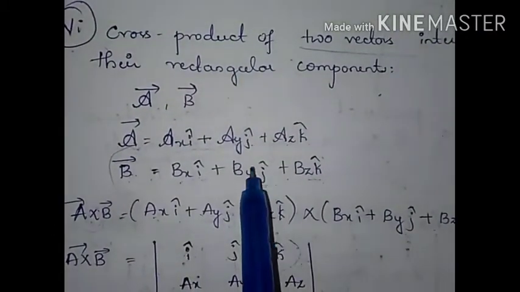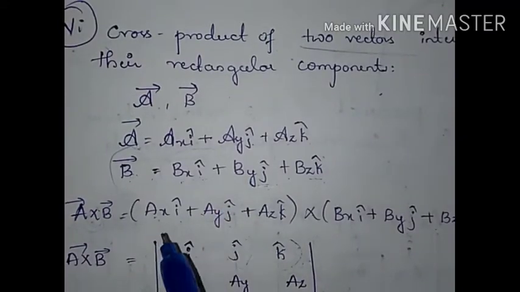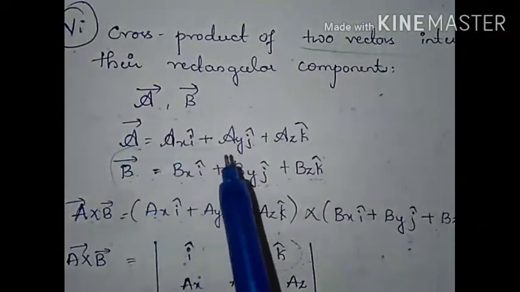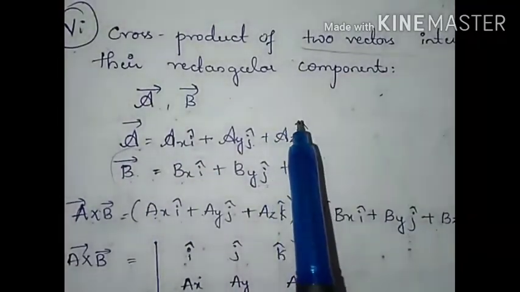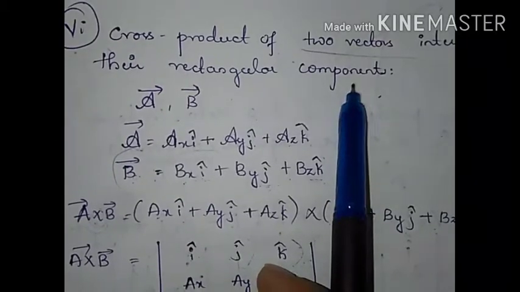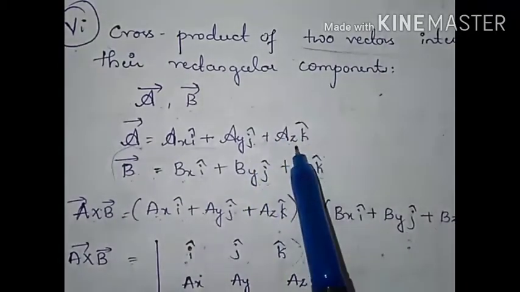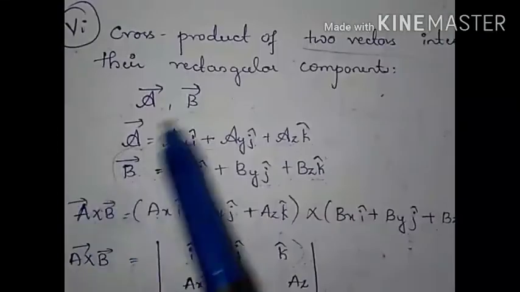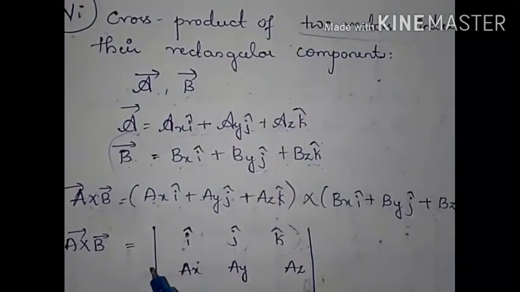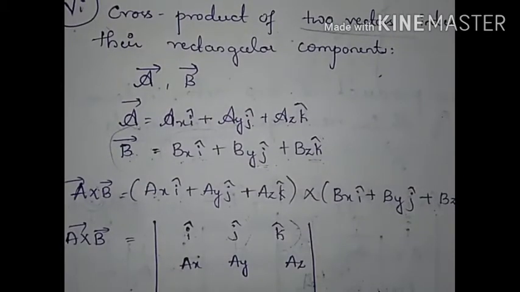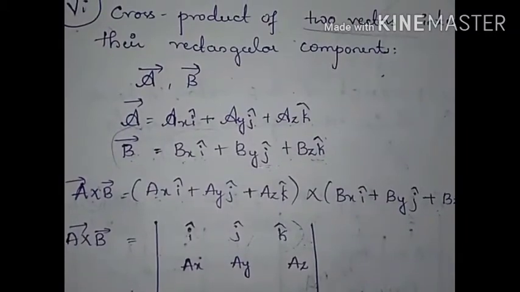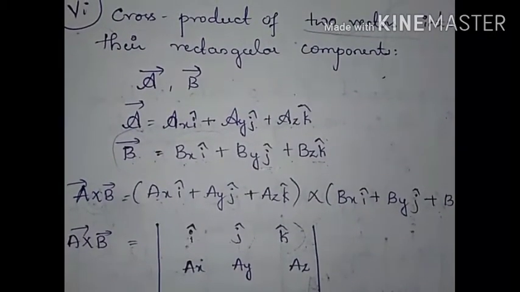So next we'll learn motion in a plane. So what is plane? If you have 2D, 2 dimension, then that can be said as plane. If you have 3D, then that is called as space. So in that motion in a plane, what will happen to the displacement, what will happen to the acceleration, what will happen to the velocity. So we'll learn all of them with graphical method. So the next section is motion in a plane.